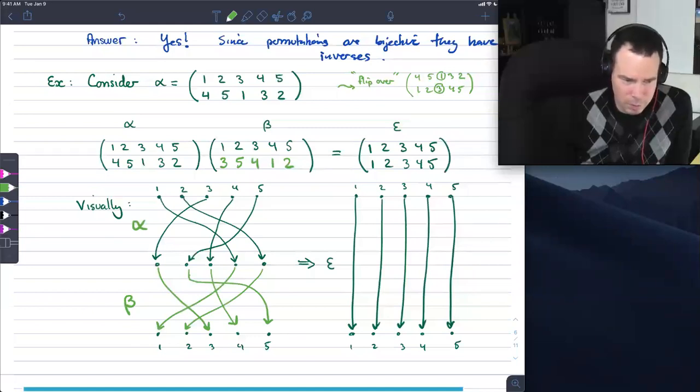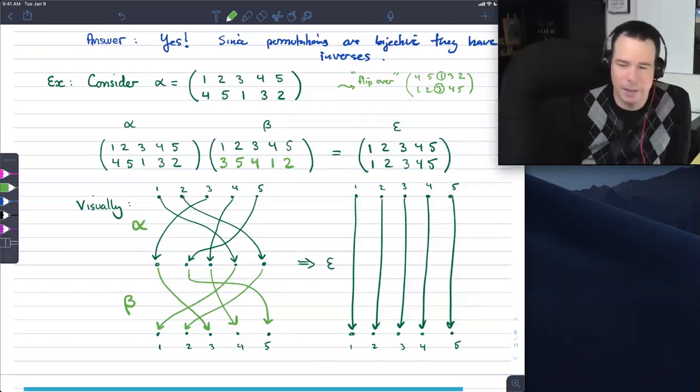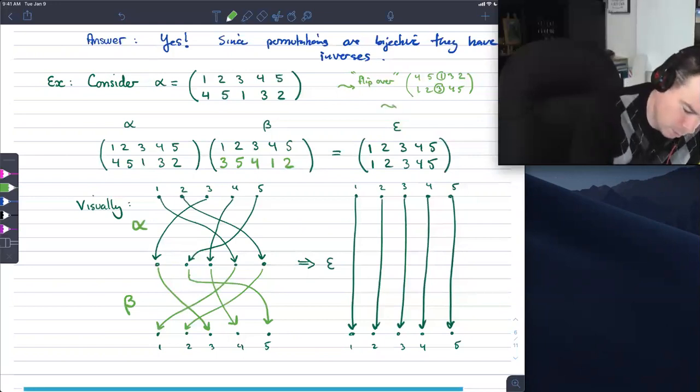Yep, you could just swap the rows and make it look how you want. That'll give you the input. And oh, swap the columns. Yeah, exactly. At this point, you can then swap the columns, and you could just say that's 1, 3, 2, 5, 3, 4, 4, 1, 5, 2. So